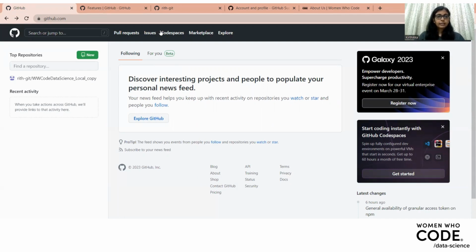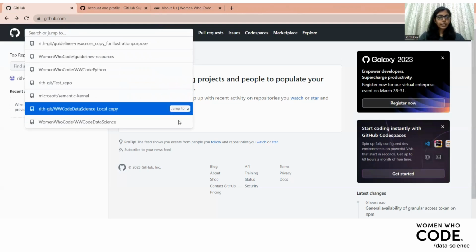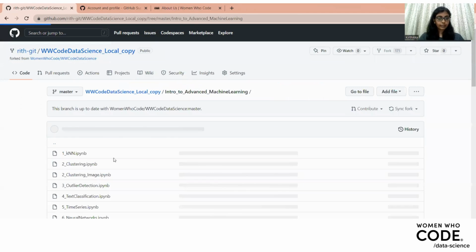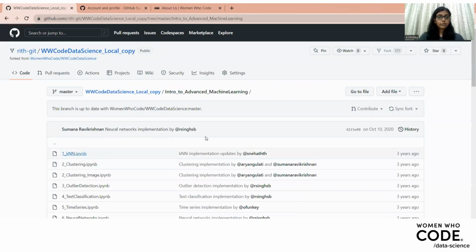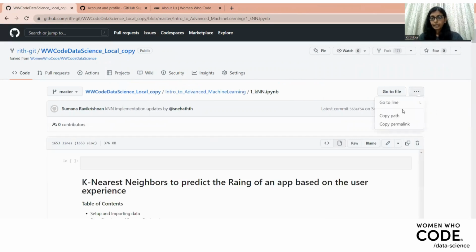So these are the basic things that you would need to know when you have a repository in hand, or when you need to create a repository. Let me also show you how to go to a repository once that is created in your local account, and how to open any file. So I am trying to open an IPYNB, a Jupyter notebook file, and this is the permalink of this particular Jupyter notebook file. And if I have to open it